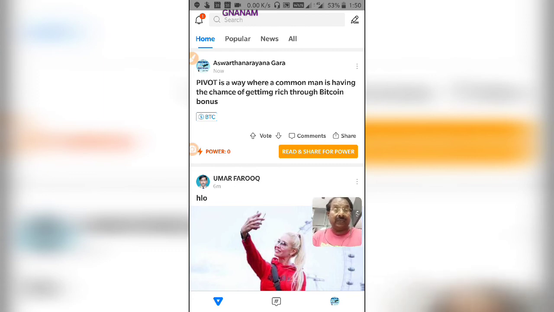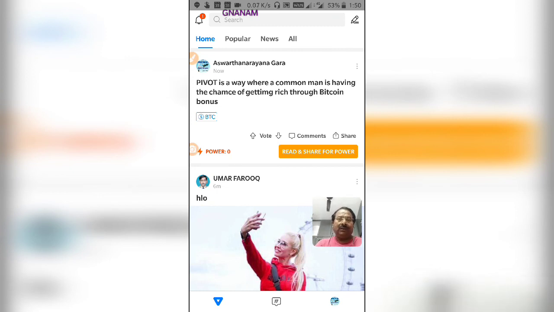This site is very, very strictly monitored for fraudulent operations. If anybody tries to do any fraudulent activity, their ID will be blocked forever and ever. So please be genuine on this site.